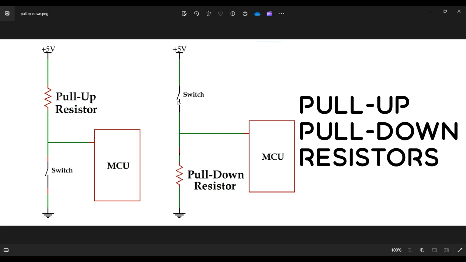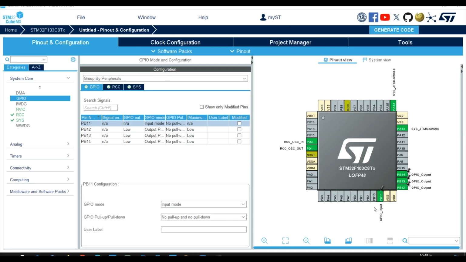But as soon as the switch is closed, all the current goes here and not here. All the current flows from VCC to the pin, and its value would be high, and the MCU would do our desired function. That was all I wanted to tell you about pull up and pull down.